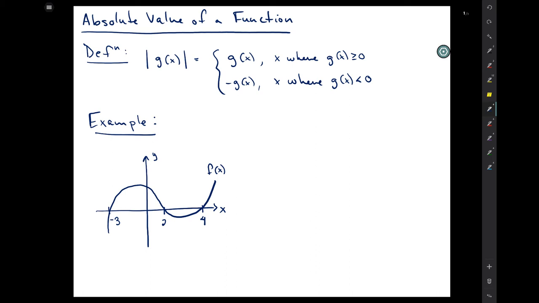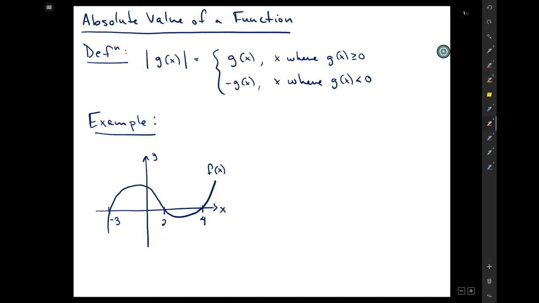Hi, this is Dr. Goldstein, and I am going to talk about how to find the absolute value of a function. So the definition is that the absolute value of a function g of x is equal to g of x itself, for those values of x where the function g of x is greater than or equal to 0,